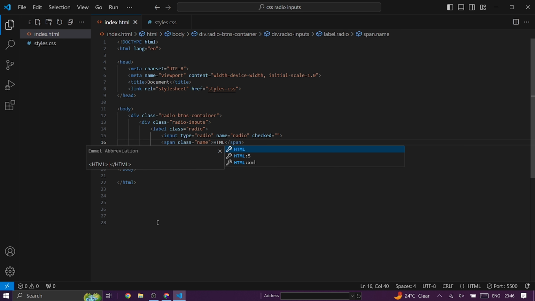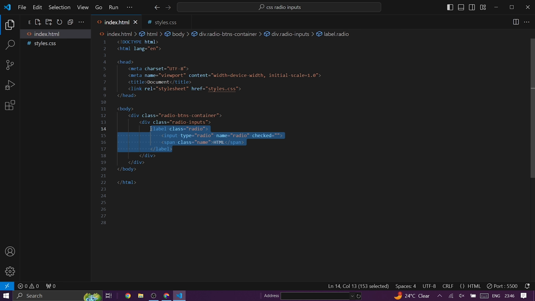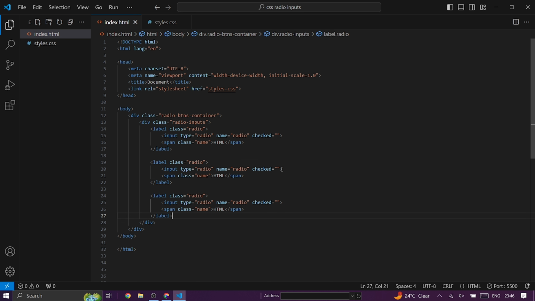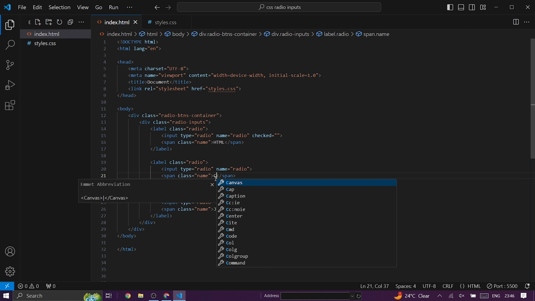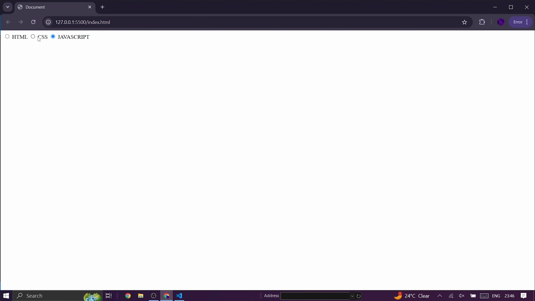Then we're going to copy and paste this 2 more times. The label, I'm going to paste it 2 more times. Remove the check from the two we pasted, and here we're going to have JavaScript, not HTML, JavaScript, and the second one is going to be CSS. Let's see what it looks like. This looks good, but